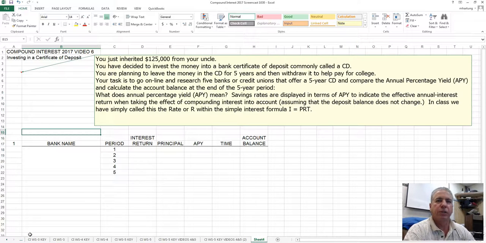Compound interest continued. I believe this is video 6. And what we will do in this is apply what we've learned about simple interest and compound interest into calculating how much of a return we could earn by investing money that we have inherited from an uncle. A very nice uncle of ours has given us